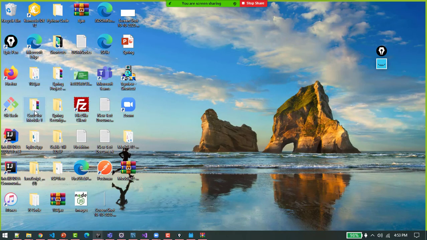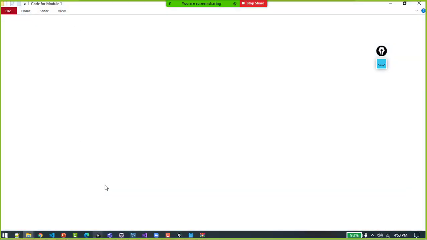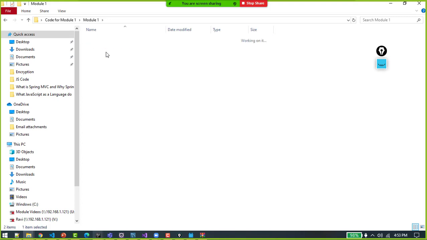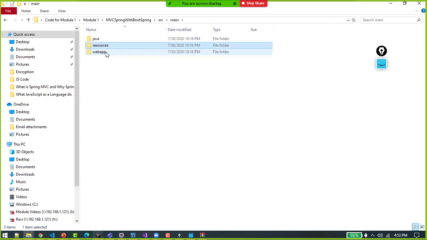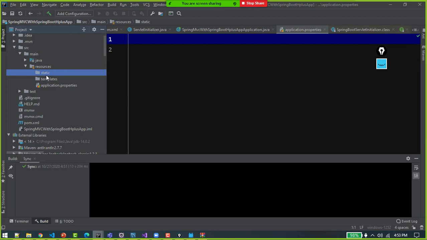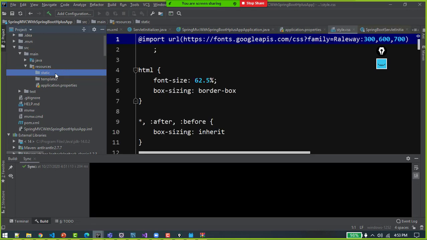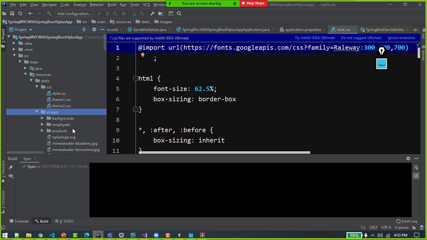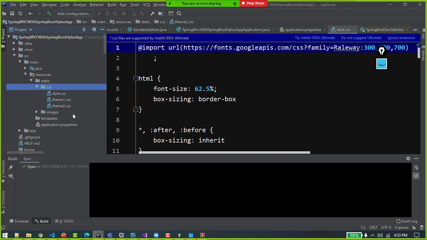So again I can go to my code and I can copy that same CSS and the images. Where are they? src main resources, under static folder they exist. So I just did Control C over here. I came back to my project, selected static, pressed Control V, and you see now images and CSS have come to the static folder. CSS, cascading style sheets, and images which my JSP requires to print them.